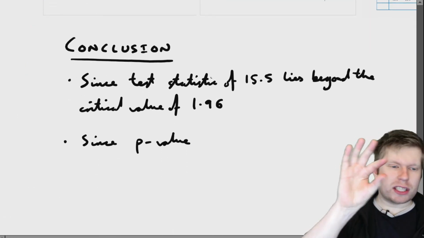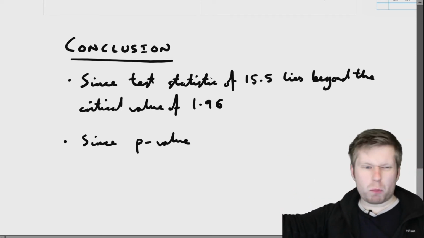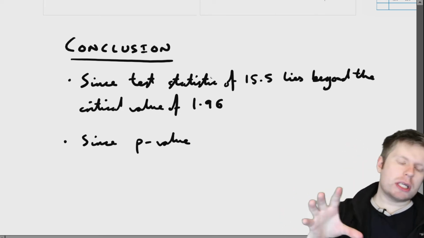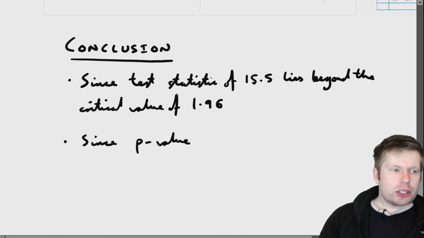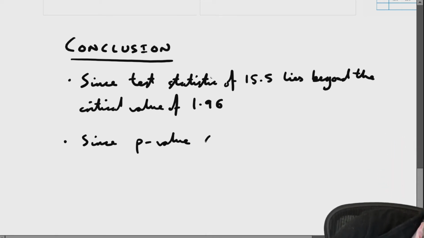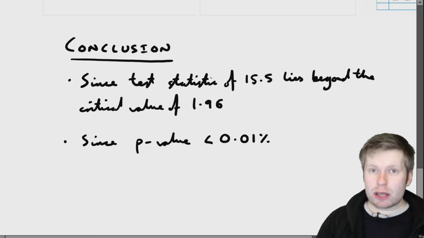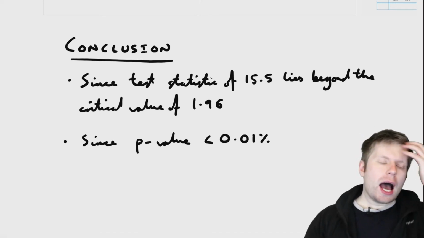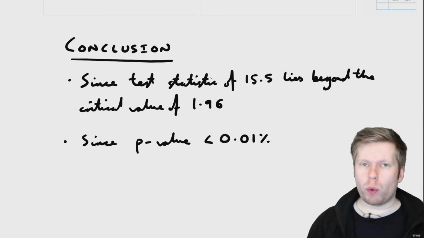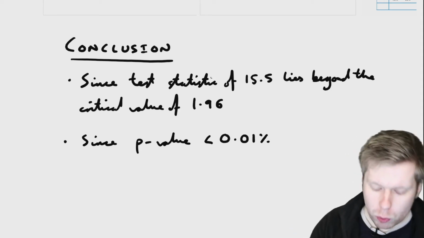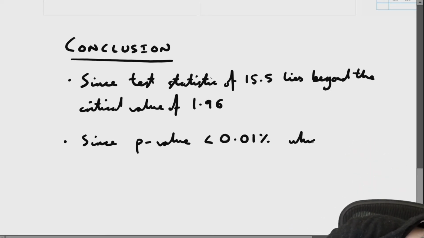But it's not quite 0%. It's going to be 0.00000 something percent. It's going to eventually not be 0%. So because the p-value is less than 0.01%, that's what I'm going to write instead of equal to 0%. It's going to be less than something really, really small, which is less than